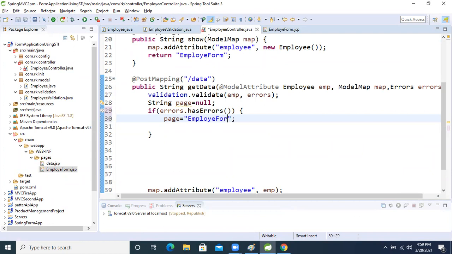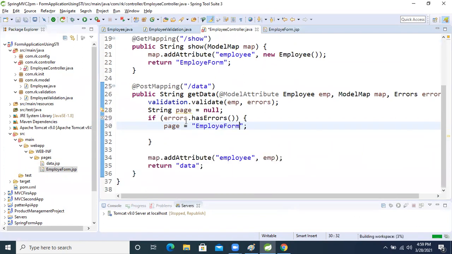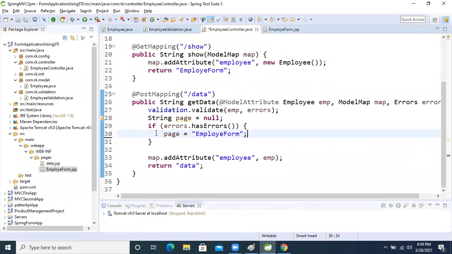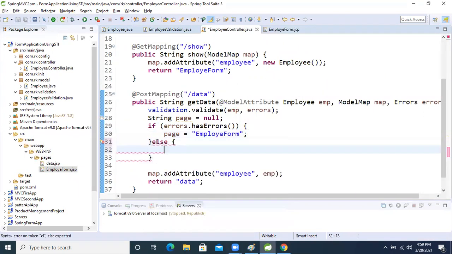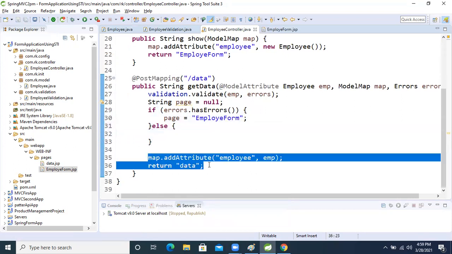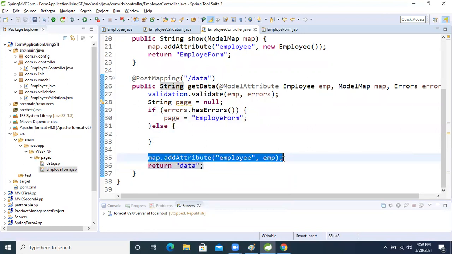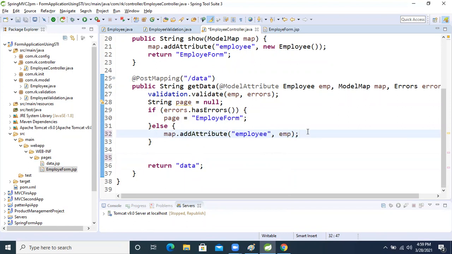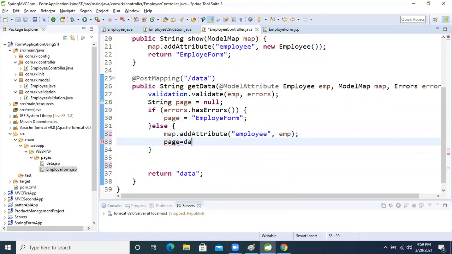Else, we write the condition again: if the error is not there, we just return this: map equal to map, and inside that we write this logic. After that, return page: page equal to data page. We will return data.